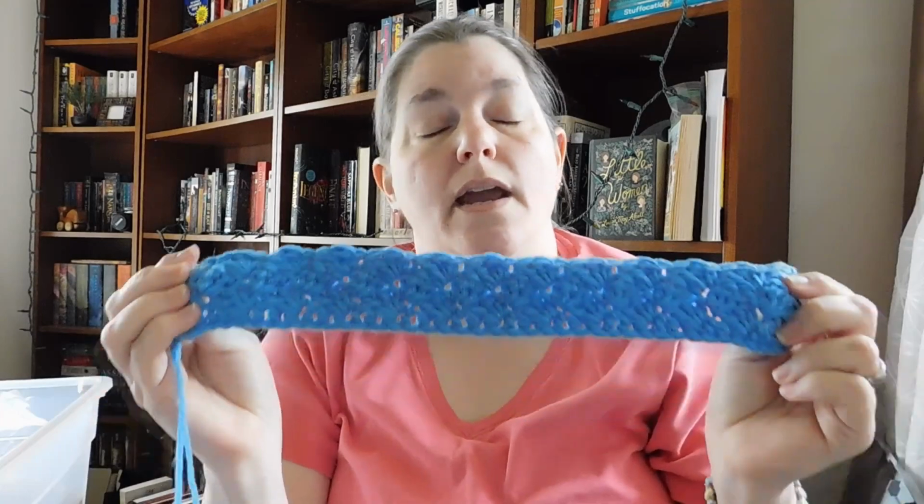And then I did a single crochet, a double crochet, and a double crochet in the same stitch. Single crochet in the same stitch. It gives you this slanted stitch. So then when you come back on the next row, you do your single crochet, your double crochet in the single crochet of the previous row. Yes, and then I used this stitch on a blanket that I used variegated yarn for,